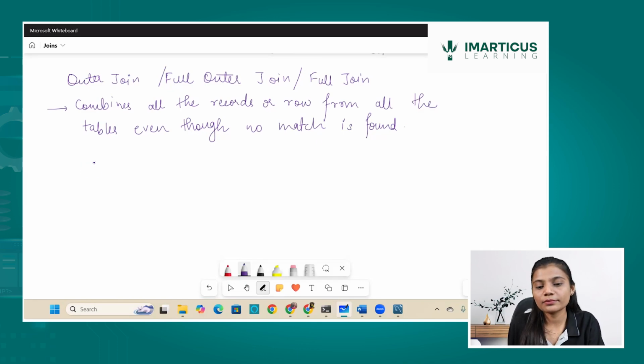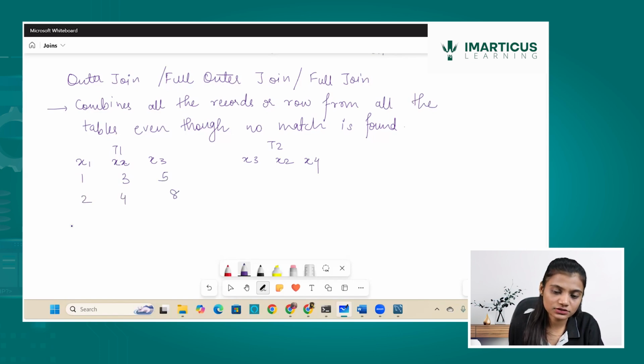Actually, outer join cannot be performed in MySQL because MySQL doesn't support outer join. So let's say x1, x2, x3 is table 1. For table 2, I write x3, x2 and x4. Table 1 has the values 1, 3, 5, 2, 4, 8, 6, 6, 7.